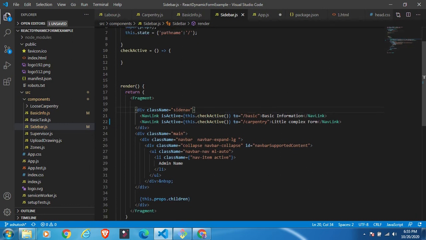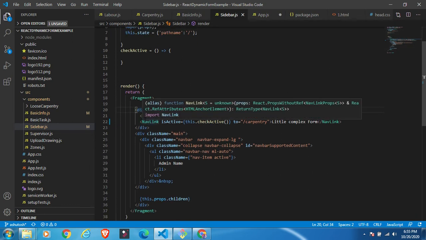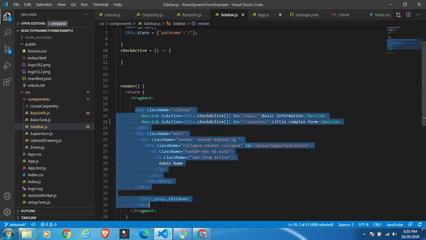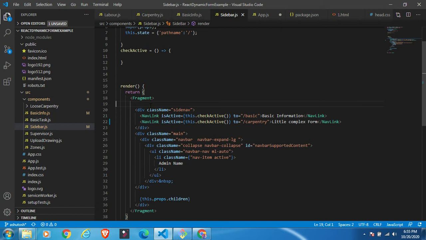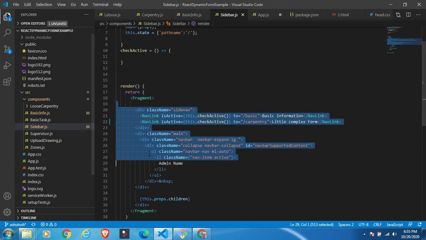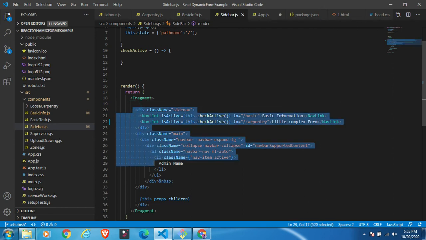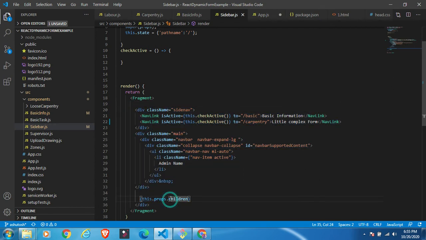But React says that you have to wrap the code in an opening and closing tag. One option is to wrap some of the HTML or JSX code in a div. You just need to write a div with an opening and closing tag, and you can add this code inside. This is one way.